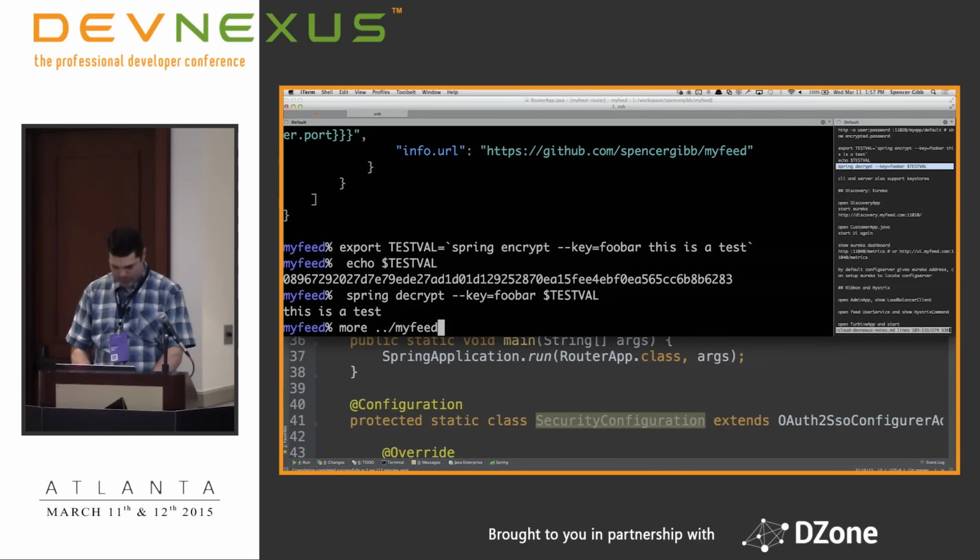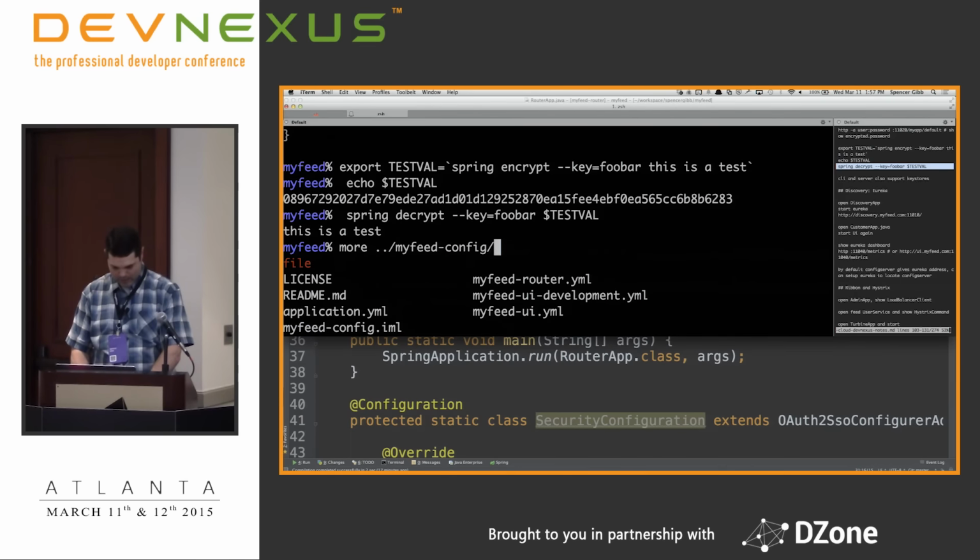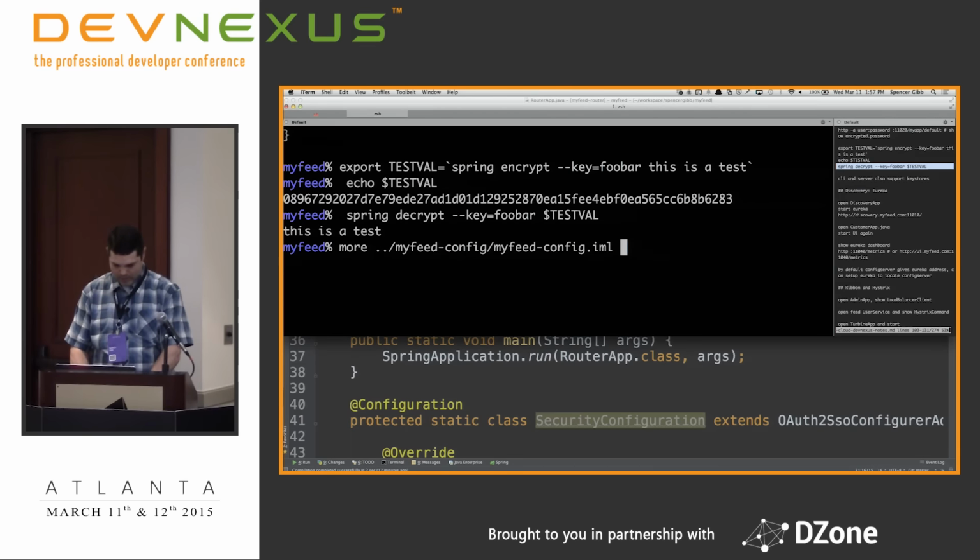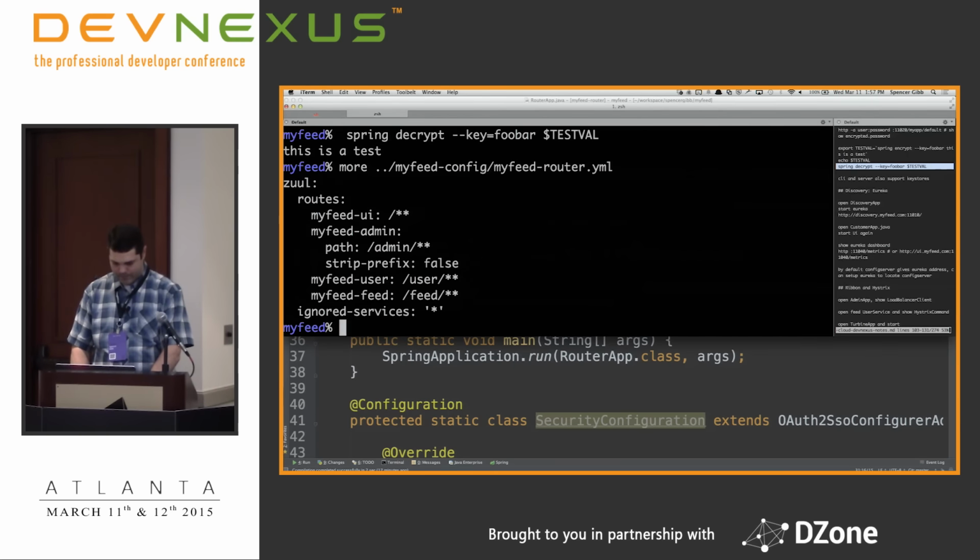So I have my router in my config server. That's not what I wanted to look at. Router. My service names didn't match up.